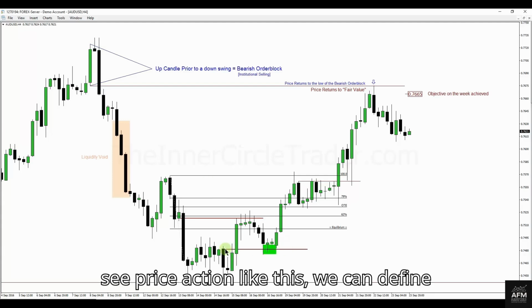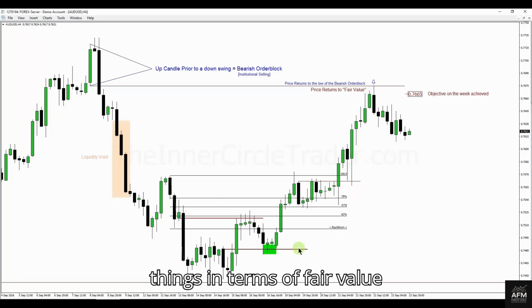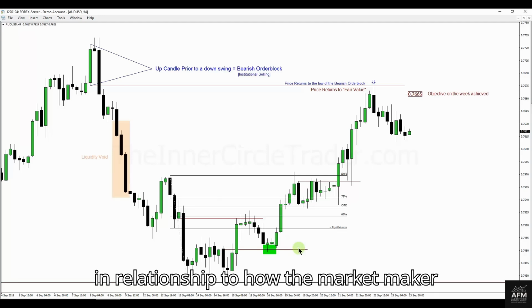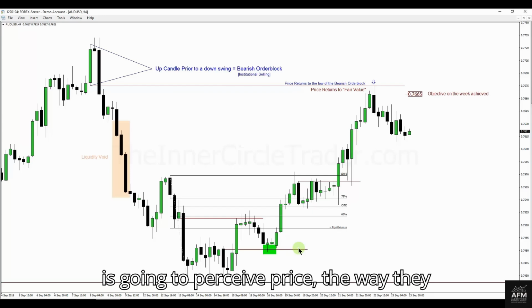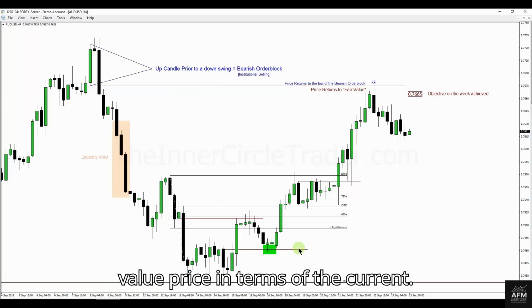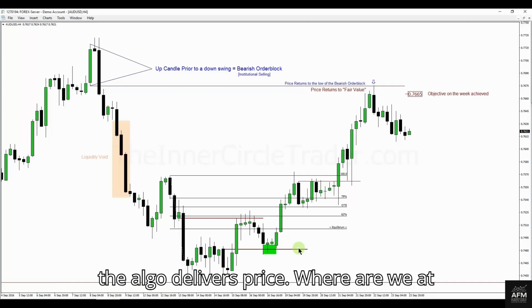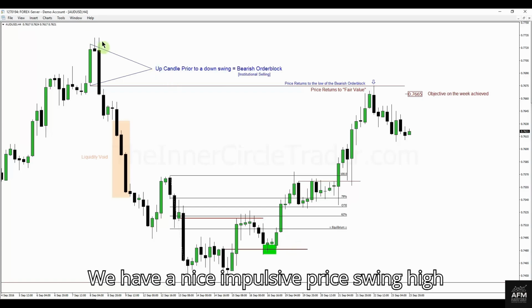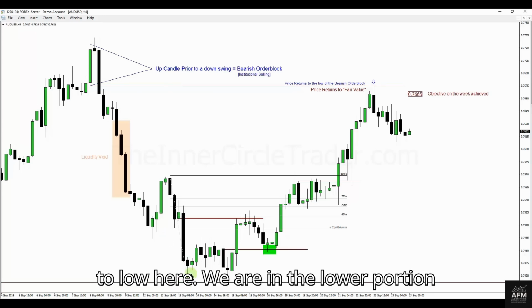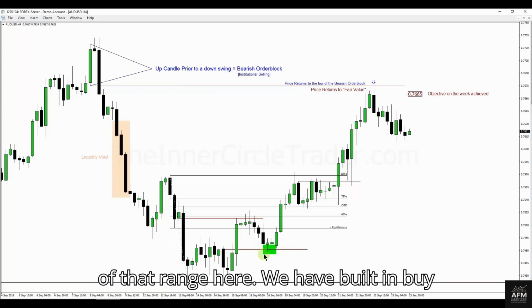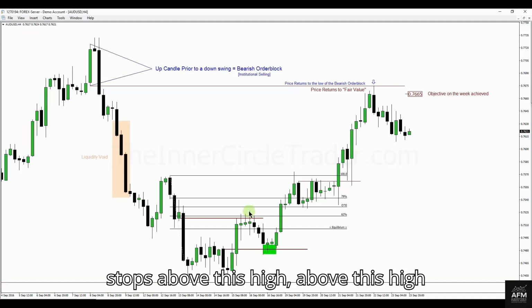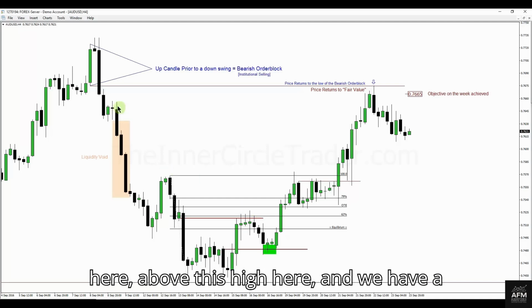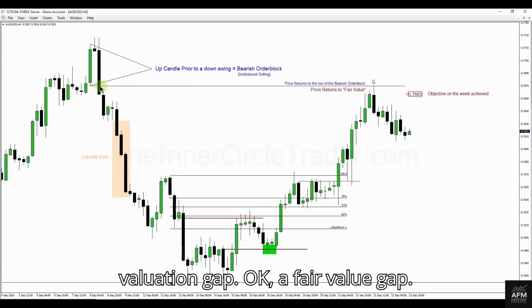So when we see price action like this, we can define things in terms of fair value in relationship to how the market maker is going to perceive price. The way they value price in terms of the current range that it's trading in, the same way the algo delivers price. Where are we at in proximity to the current total range? We have a nice impulsive price swing high to low here. We are in the lower portion of that range here. We have built-in buy stops above this high here, above this high here, and we have a valuation gap, okay,